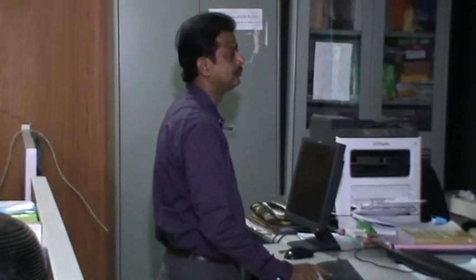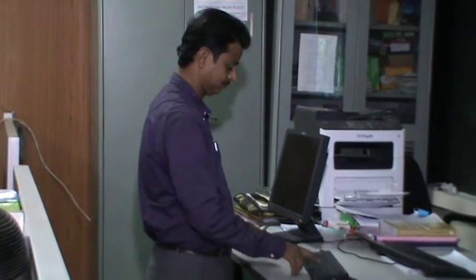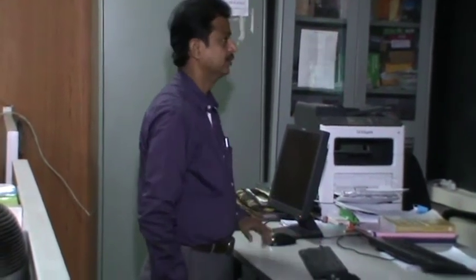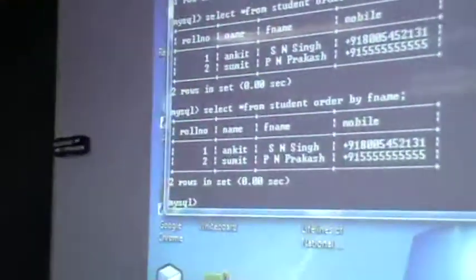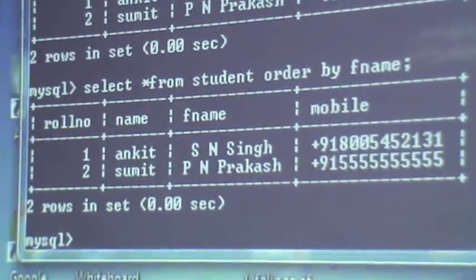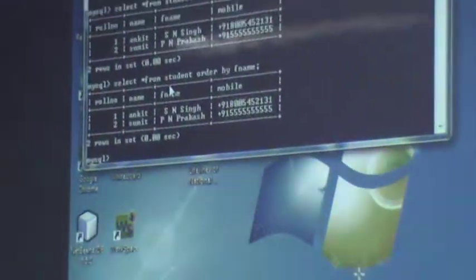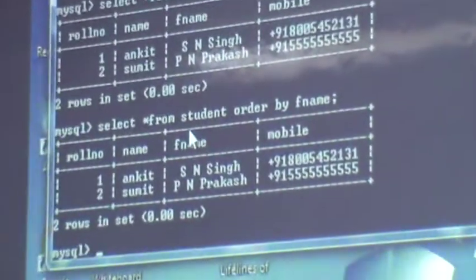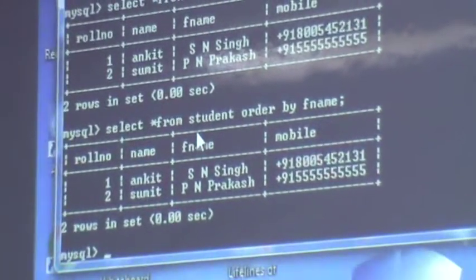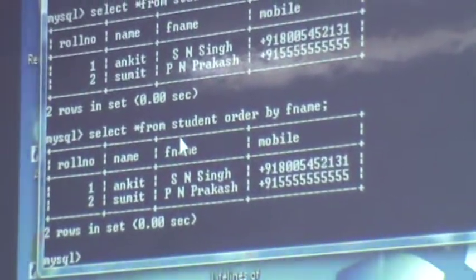Order by F name. Now you can sort in ascending and descending order. If you are not using any of the keywords ASC or DESC, then by default it will sort in ascending order only.